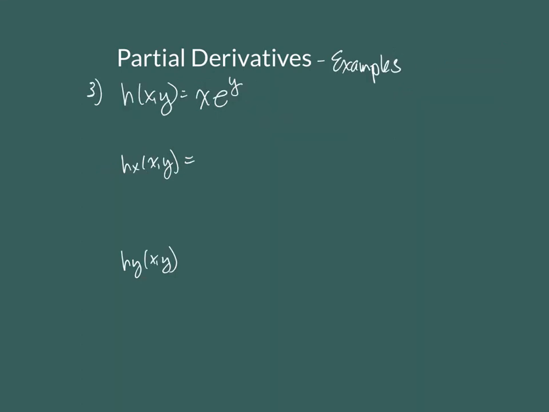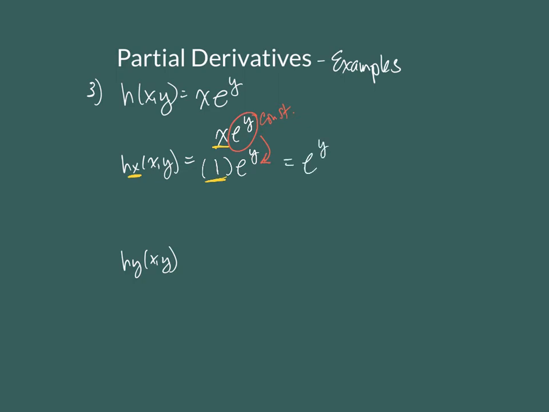Let's try another. Okay, here's x times e to the y. So x e to the y. Again, I'm going to underline the part that has the variable of interest. The other part is the constant. So the derivative here is going to be the derivative of the variable of interest. That's x, so that derivative is 1 times the constant multiple, e to the y. That just gets rewritten. So our constant multiple rule applied there. The end result is just e to the y.